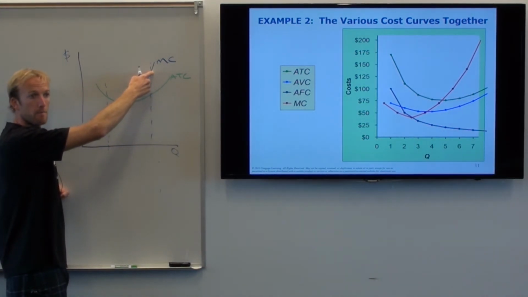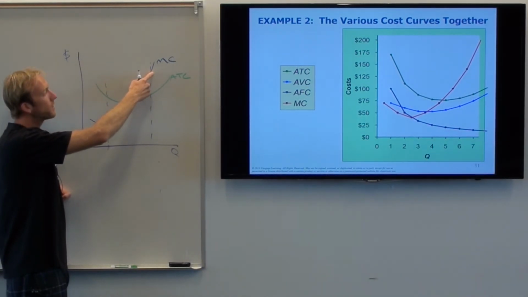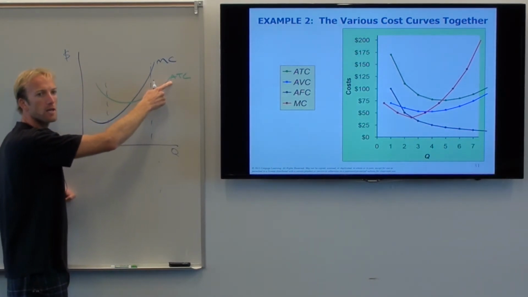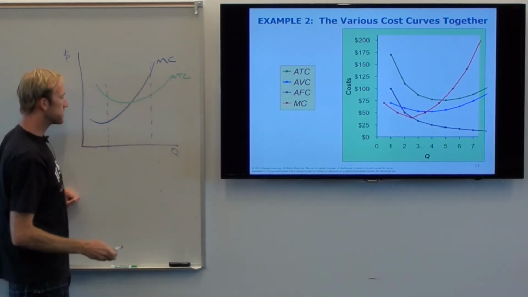But then over here, what's the marginal cost? Really high. That means if I make one more taco, then it's going to be really expensive, that next taco. So it's going to make, on average, all of the costs of my average taco go up. Does that make sense?